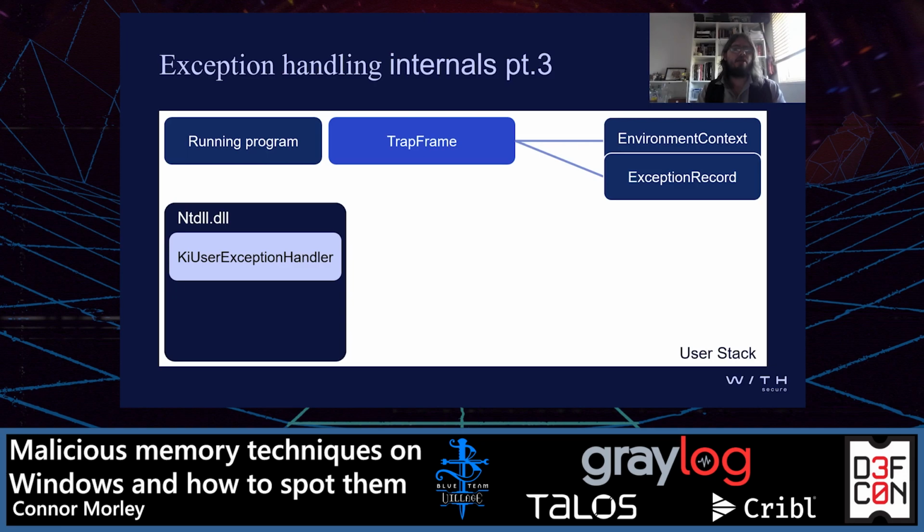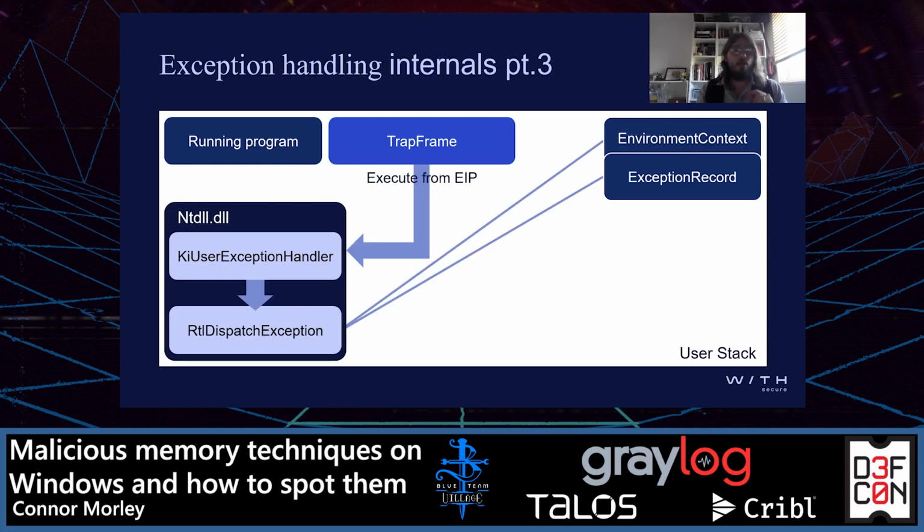Let's have a quick look at what this looks like. So after the kernel has handed back control, I won't go into how the kernel handles the CPU information and translates it into a trap frame and then the environment and exception records and all that sort of stuff. We're going to look at the user land. So once it's handed back control to user land from kernel using an iret command, the trap frame, environment context, and exception record are all available within the user stack. But the trap frame will have an EIP which will trigger the use of KiUserExceptionHandler within NTDLL. This will subsequently call RtlDispatchException, which uses the information from the environment context and exception record